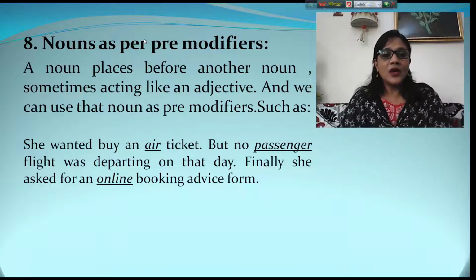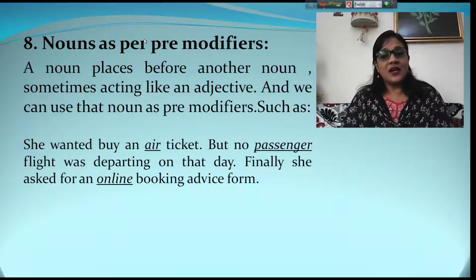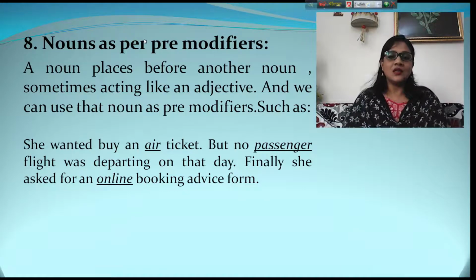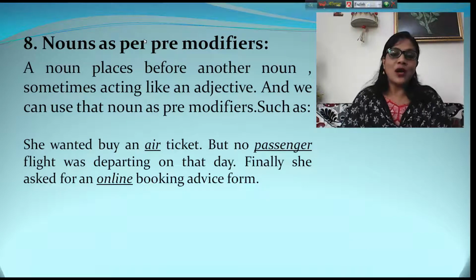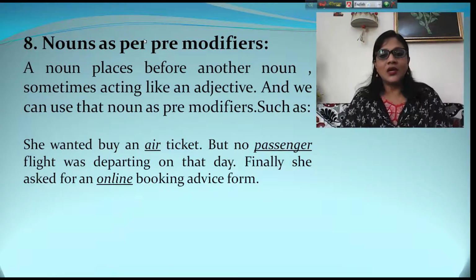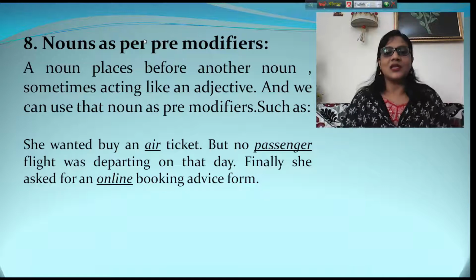Then how can a noun be a pre-modifier? My dear students, a noun placed before another noun sometimes acts like an adjective, and we can use that noun as a pre-modifier. অর্থাৎ দুটো নাউন যখন পাশাপাশি বসে, তখন প্রথম নাউনটাকে আমরা দ্বিতীয় নাউনের মডিফায়ার হিসেবে ব্যবহার করে থাকি, যেহেতু